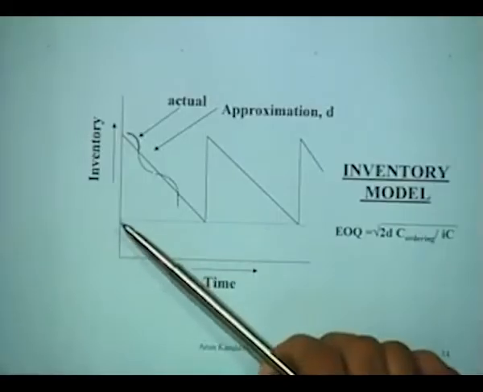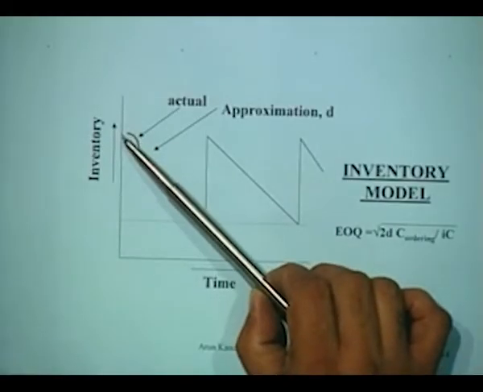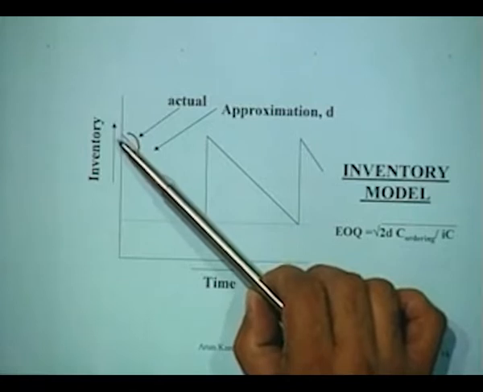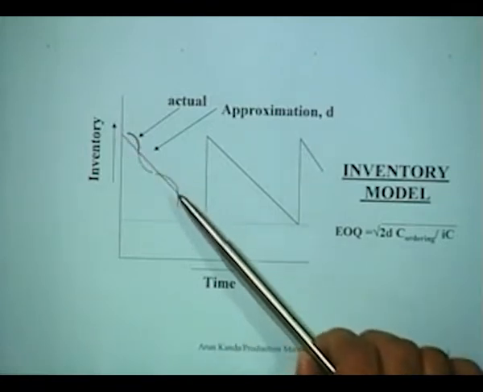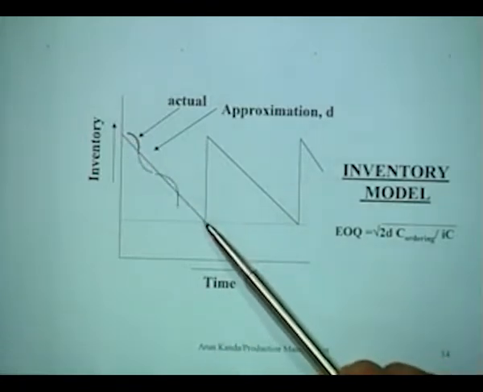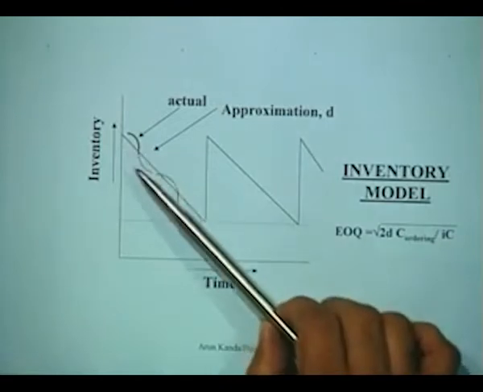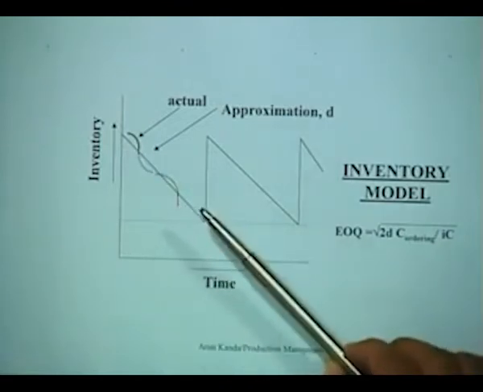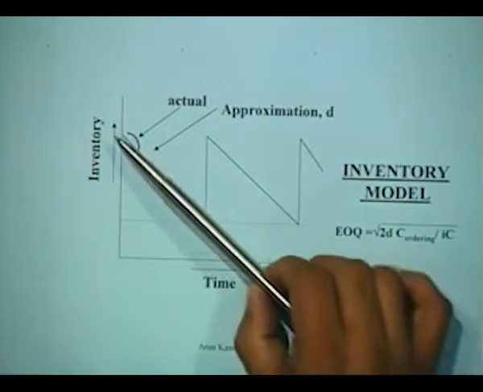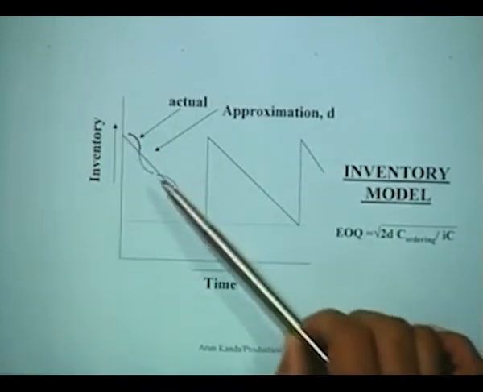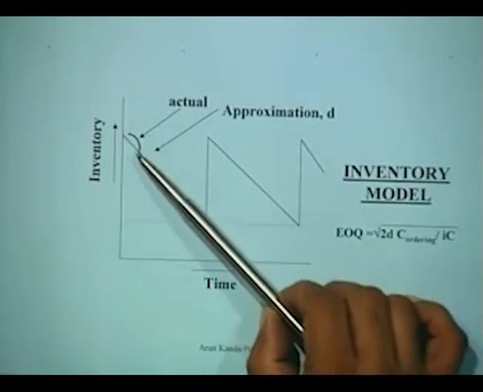Here is an example from inventory. You are all familiar with inventory, and when we talk about inventory management, the classical problem there is that if I place an order for an item, the stock level suddenly rises and then it tends to fall gradually at an average rate. Actually, the actual fall might not be smooth in this fashion, but this is one of the features of approximation that